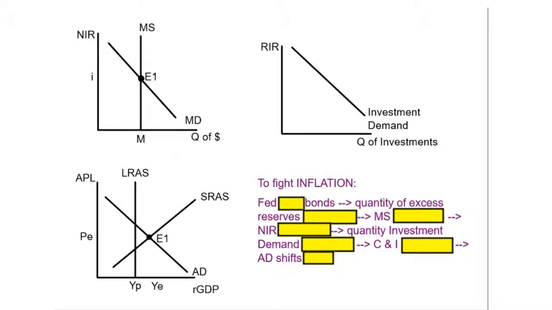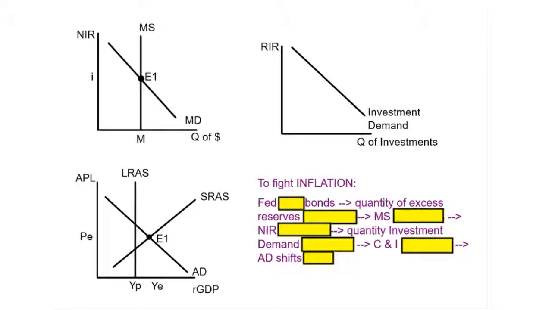Now let's see how monetary policy can be used to get us out of an inflationary period. Here I have all three models to begin. Now, the money market model doesn't actually show inflations or recessions. It just starts at equilibrium and then it moves. The only model that actually has gaps is the AD-AS model. So you can see that that one is already drawn to show we have an inflationary gap.